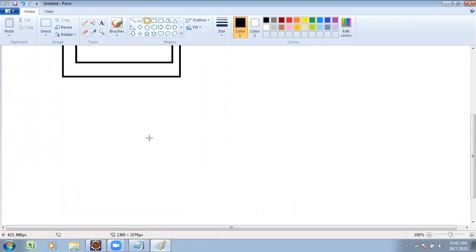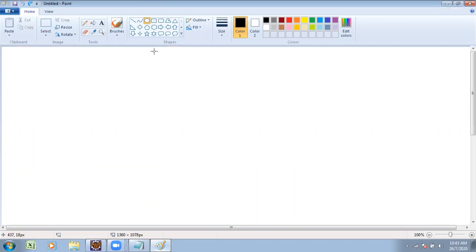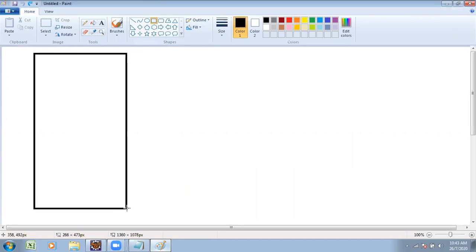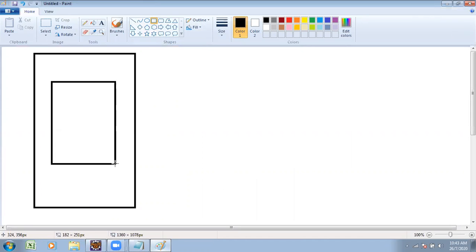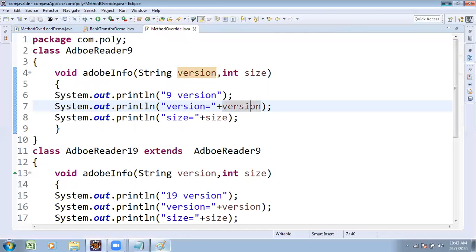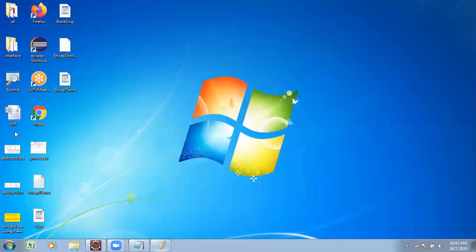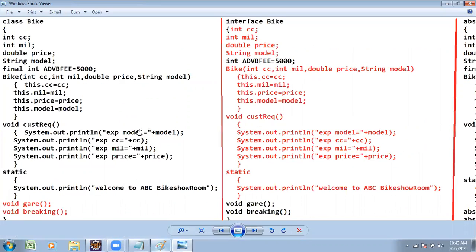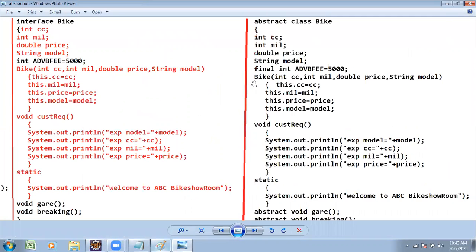Still, we wanted to work with separate classes. Is there any provision to write a class within a class? While we work with a class, it is not secure. Working with an abstract class, it is partially secure. Why? Because observe, in a class, everything is showing the data. Abstract class, partially hidden.